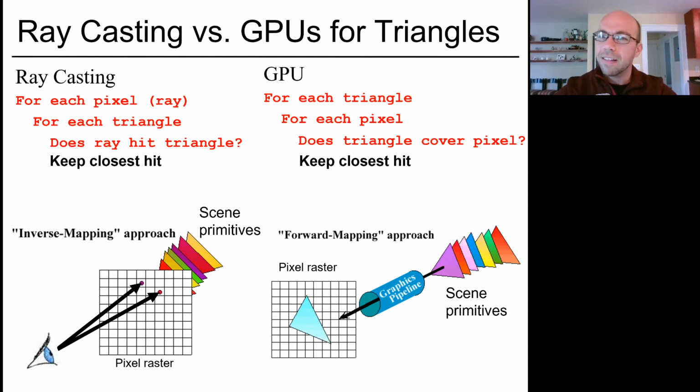So we're going to have to find some technique for only drawing the things that are on top. So some analogy of that keep closest hit algorithm. So in some sense, we can think of this as a forward mapping approach, right? We're now just